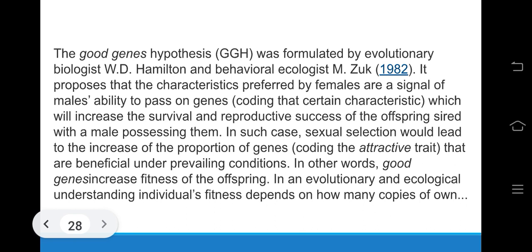In such cases, sexual selection would lead to an increase in the proportion of genes coding the attractive trait that are beneficial under prevailing conditions. In other words, good genes increase the fitness of the offspring. In an evolutionary and ecological understanding, individuals' fitness depends on how many copies of code